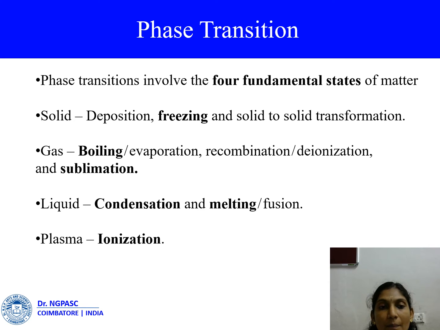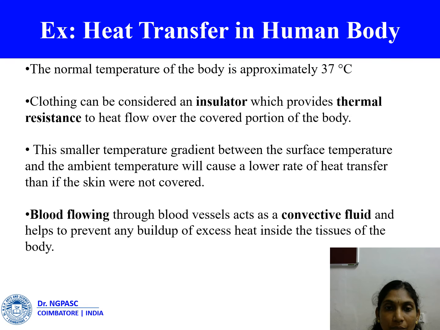Finally, plasma. Plasma is an ionized gas. A gas is provided with sufficient energy to free electrons from the atoms or molecules and to allow both species, ions and electrons, to coexist. The important thing is that plasma is the most common state of matter in the universe.